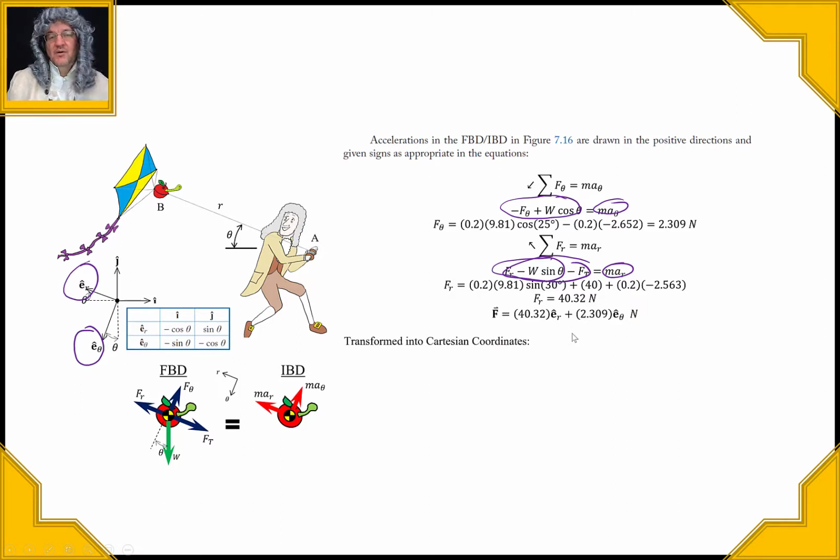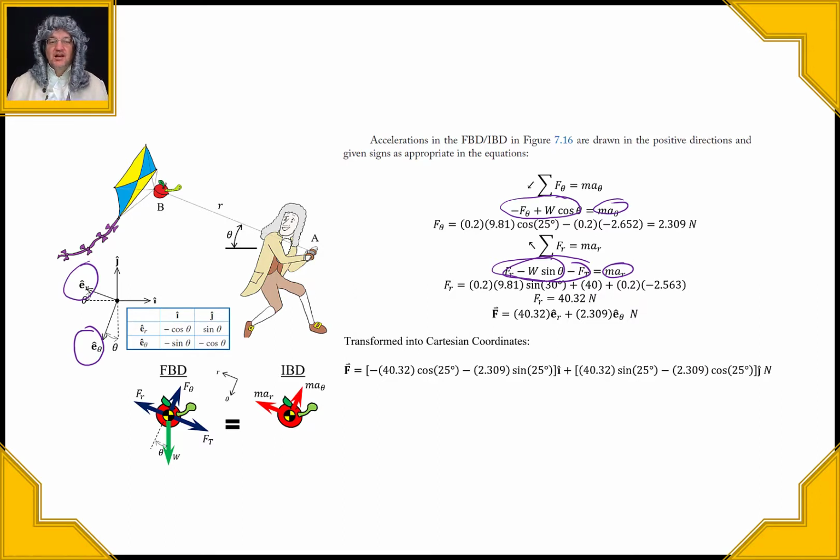But quite often we'll want to know some results in X and Y. We just like rectangular coordinates. We think better in terms of them. So we do another coordinate transformation. And so this time, we go from ER and E theta to I and J. So if we're doing that, what we do is we take that ER and now we go by the row, right? So there you go, where we have the negative cosine and the